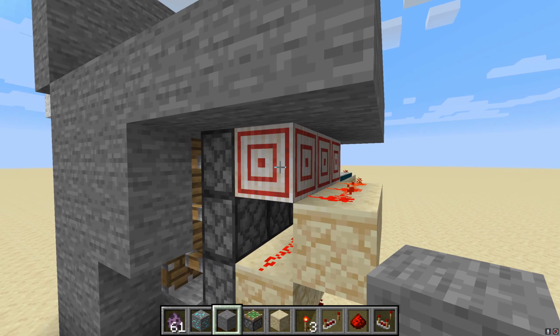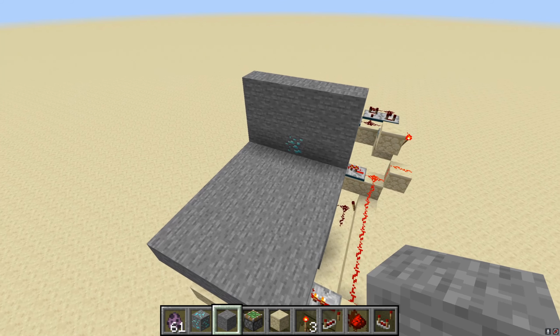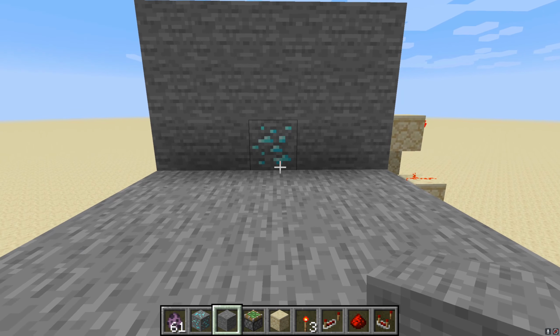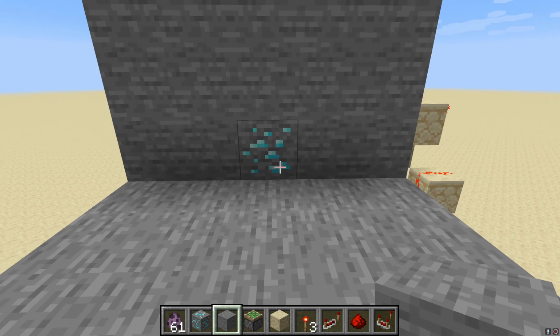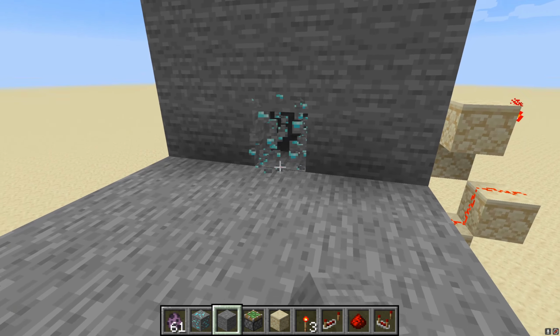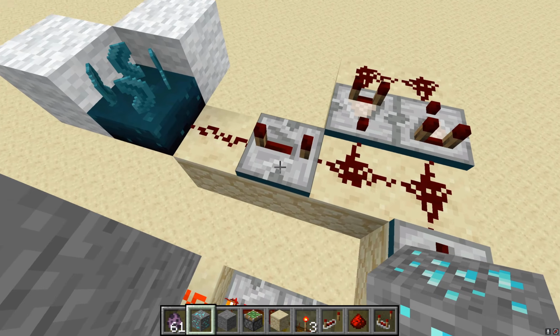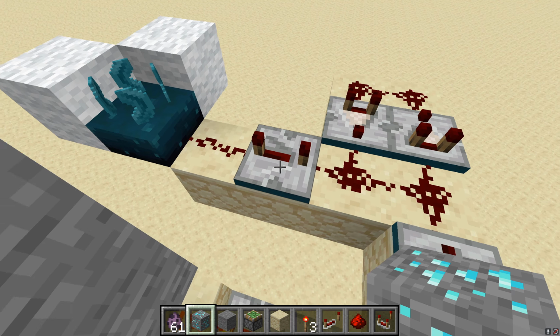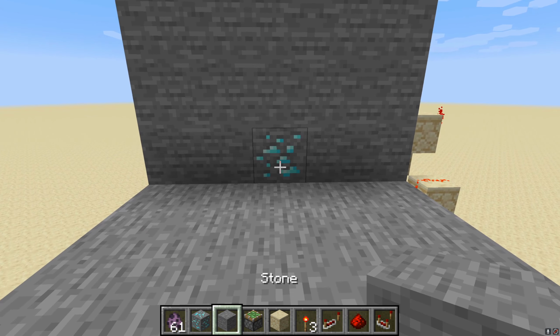You know, honestly, target blocks are pretty useful. And that is pretty much the whole redstone contraption completely finished. And I'm pretty excited to test this out. If I go ahead and just, oh man, let me just do it without actually falling. If I break it, okay, well, it's crazy how much one tick of a repeater can actually do. So, with that now fixed, if we go ahead and break this,